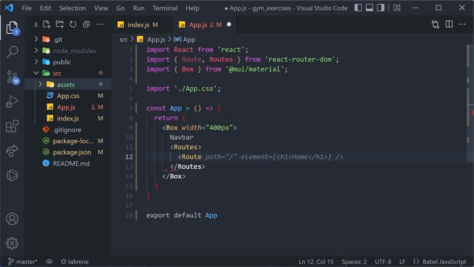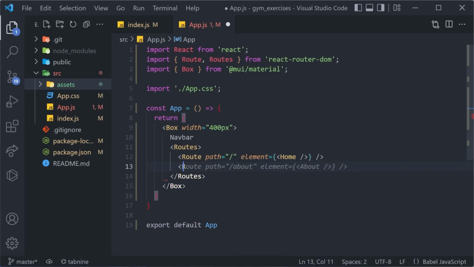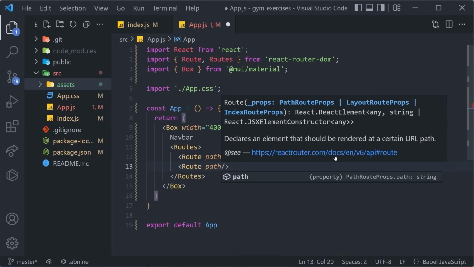So the first route is going to be a self-closing component that's going to have the path of just /. And it's going to have the element, which is going to be rendered once somebody visits the /. That's going to be the Home component, like this. Now, of course, we haven't yet created the Home component, but we will soon. And then the second route is going to look the same as the first one. It's going to have the path equal to